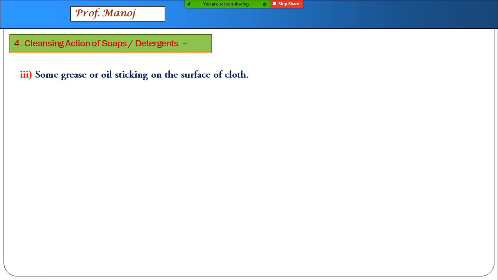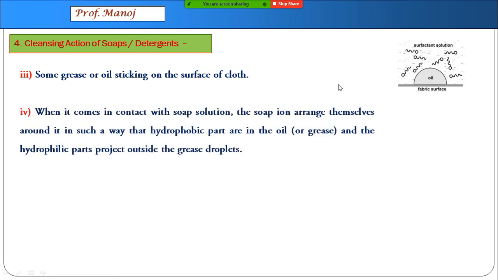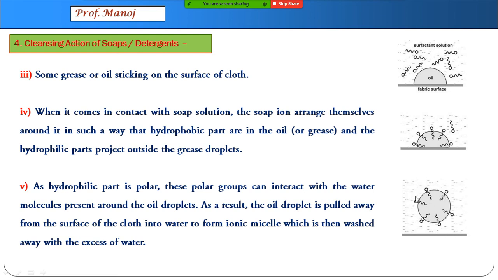Further, imagine this grease or oil is sticking to the surface. So imagine this is the fabric surface, you have this line, and this is the dirt. Your surfactant molecules are initially roaming like this, and now when they form a micelle, they go and attach like this. In the cleansing process later on, they will form a micelle, take away this grease, and your surface will become extremely clean. This is the science of cleansing of cloth containing oil or grease using micelle concentration.